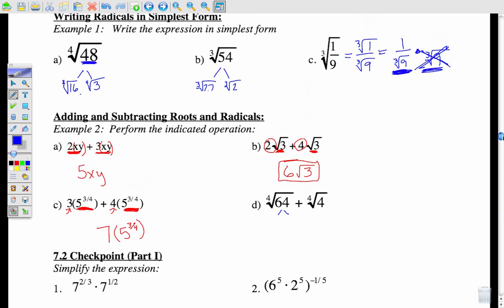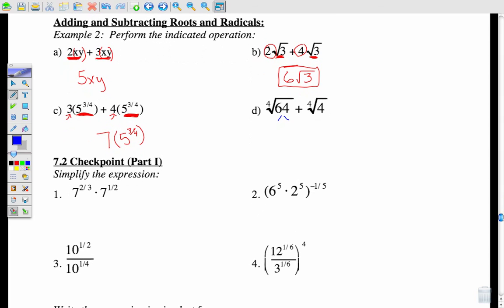So what I'm going to do is try to break this 64 down using the rules that we had up here. I'm going to break 64 down and see if I can get it to be the same as this. Then I can put stuff together. So I'm going to go to my list, my perfect fourths, and I'm going to split this into the 4th root of 16 times the 4th root of 4. 16 times 4 is 64. The reason why I chose that is because that'll simplify down to 2 4th root of 4